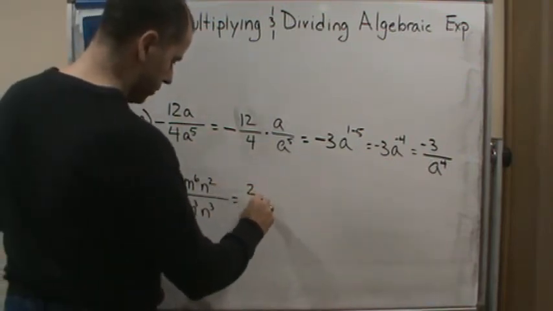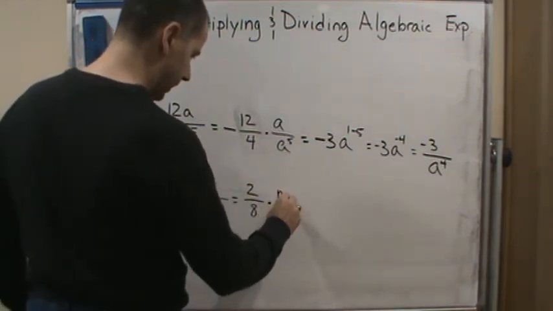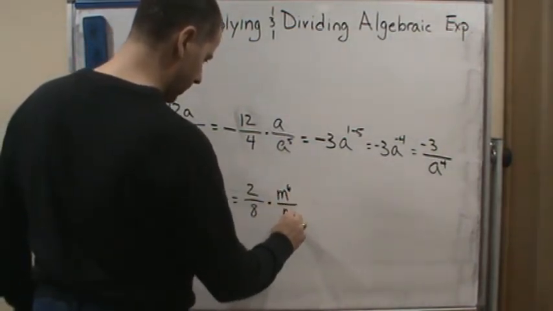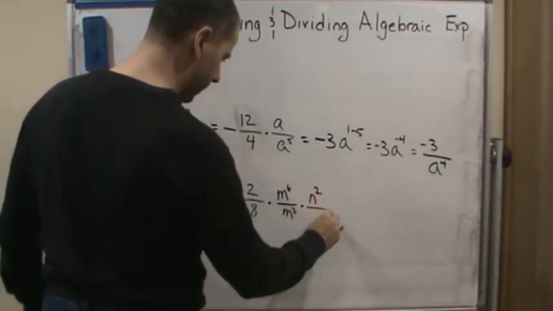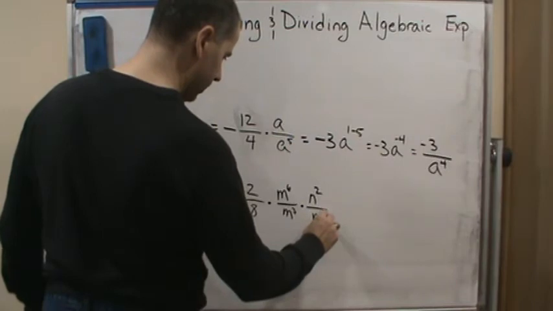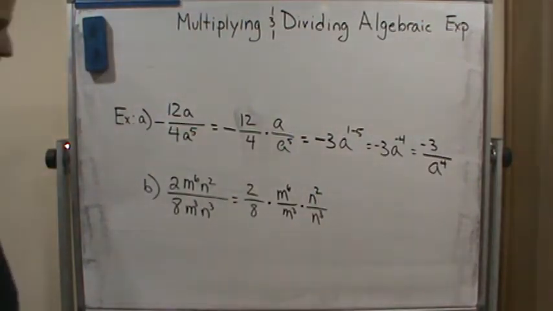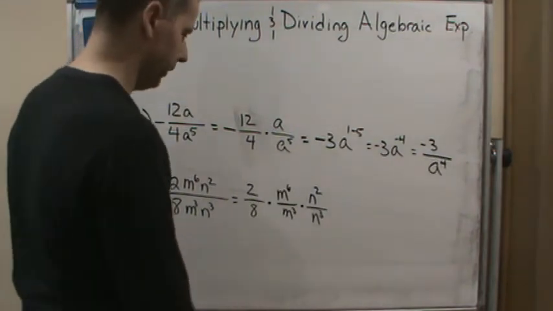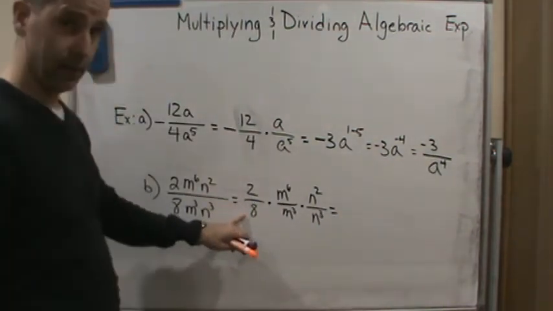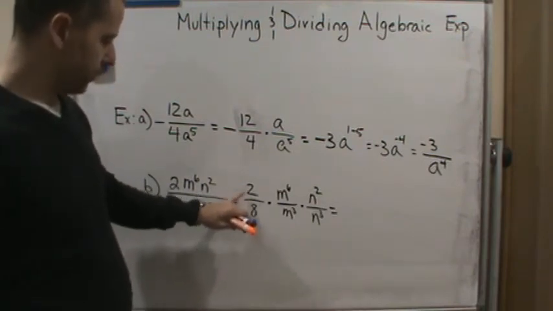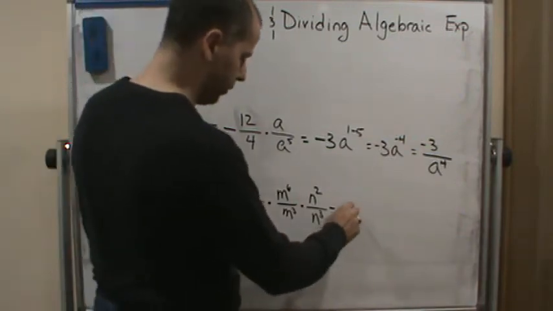So this is going to be 2 divided by 8 times m to the 6th over m to the 3rd times n squared over n to the 3rd. Which is going to equal, now I'm going to reduce this as much as possible. 2 divides both the top and the bottom, so this is going to give me 1/4